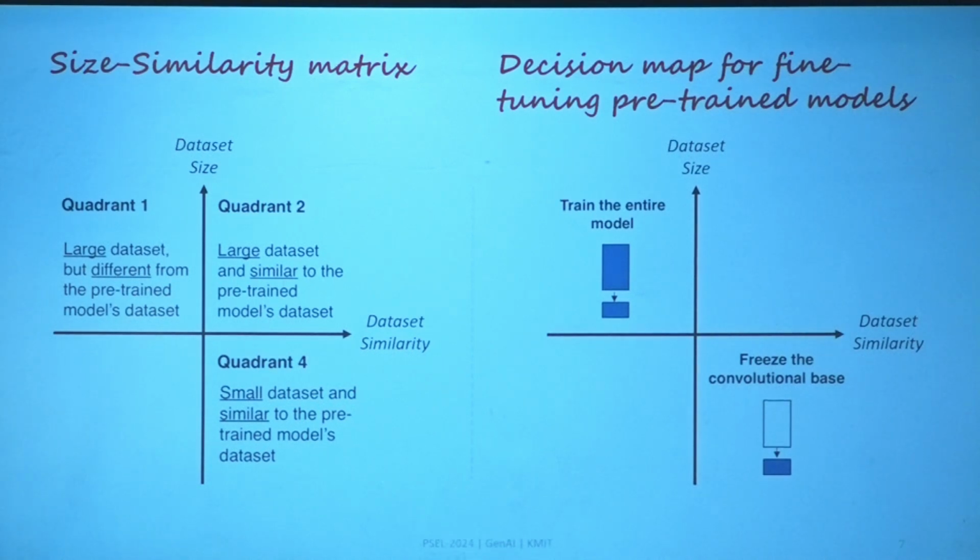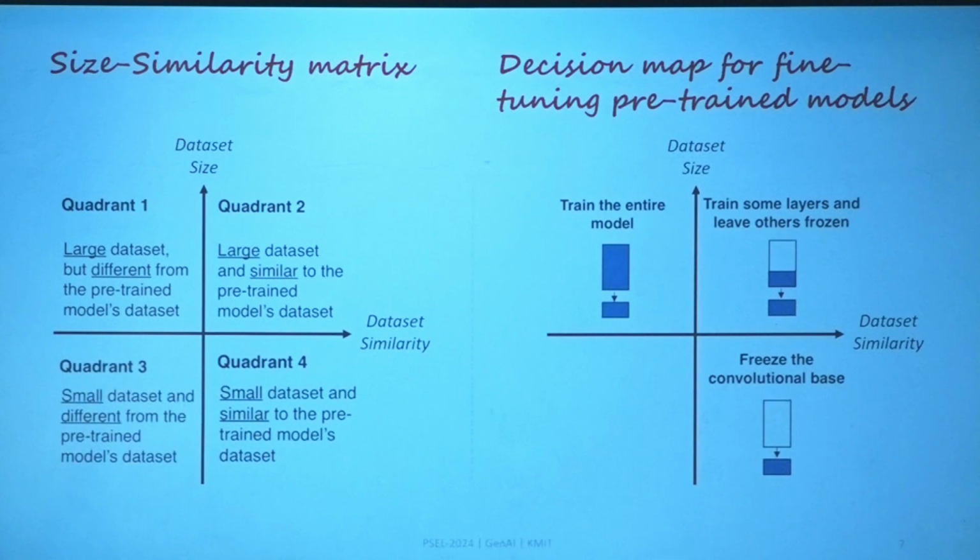Going onwards to the higher levels, those filters become task specific and dependent. The decision has to be taken accordingly, and how many layers need to be frozen and trained has to be defined. So in this case, you take only the top layers for training, leaving the rest of the layers untrained. For the case of quadrant 3, we'll do the reverse.